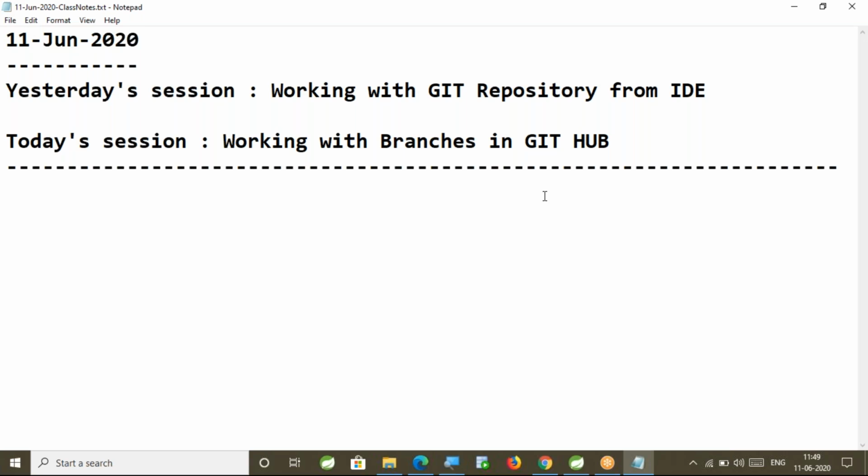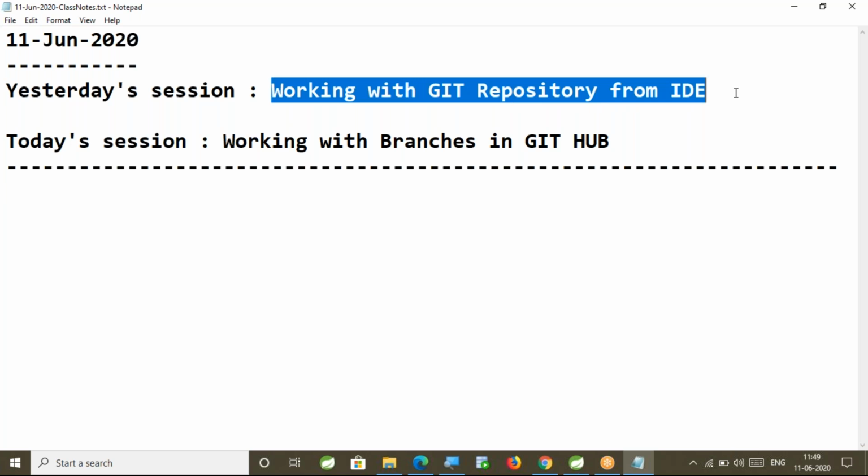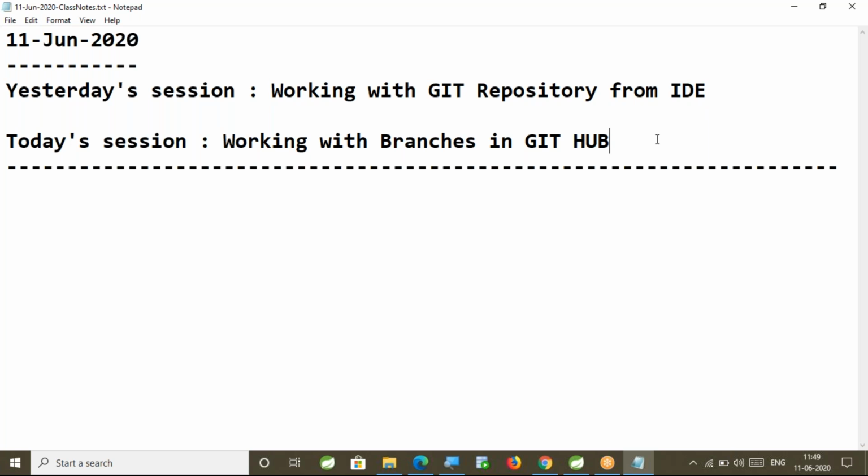Hi guys, good morning. In the last session, we understood how to work with a Git repository by using Spring Tools IDE. Not only Spring Tools IDE, we can use Eclipse IDE also, or we can use IntelliJ also to perform Git operations. For every IDE, by default, the Git plugin will be available. So we can perform Git client operations directly from our IDE. We can use the IDE to perform the operations, or you can use git bash also. Git bash is command based, so you need to remember those commands. In the IDE, you directly have options to perform those operations.